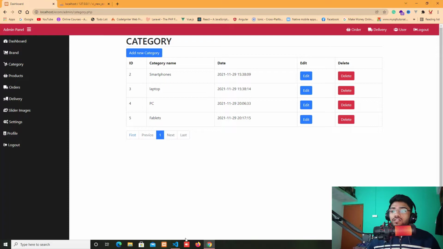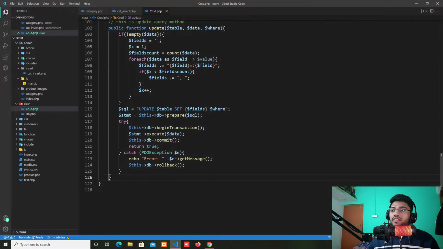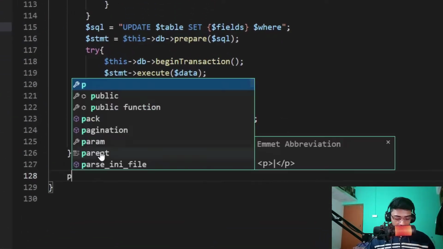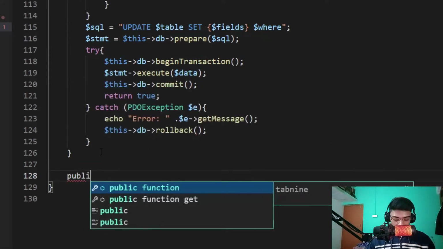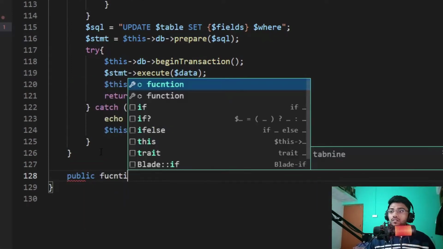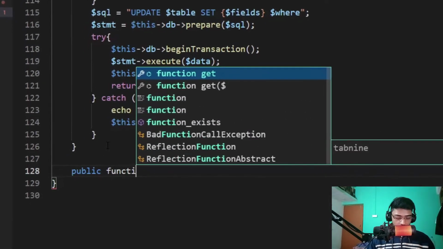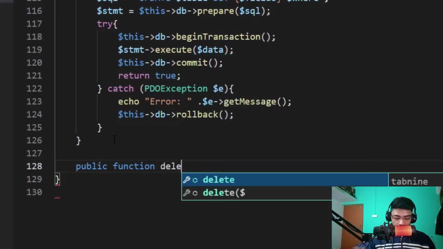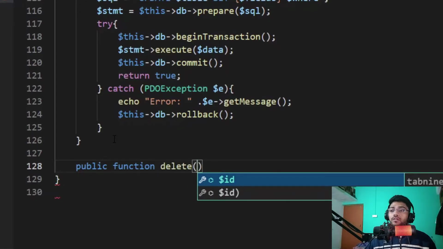So welcome back. I'm sharing my screen now. In the last video we were working on the edit method. Now we need to write a delete method in our CRUD class first of all. So I create a public function, delete, passing two parameters: the table name and the where condition,